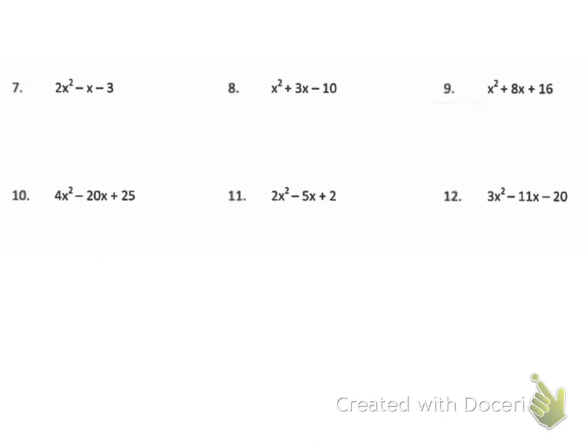Number 7, we need to do the AC method because A is greater than 1. A times C gives me -6. Two factors of -6 that add to give me -1 are -3 and 2. -3 plus 2 would be -1. So I'm going to split that middle term